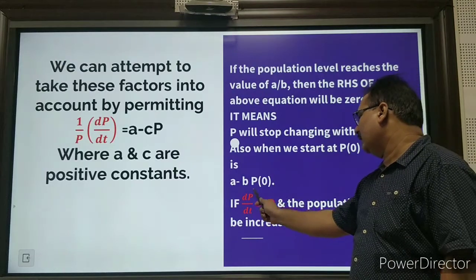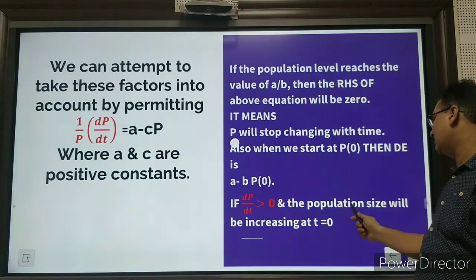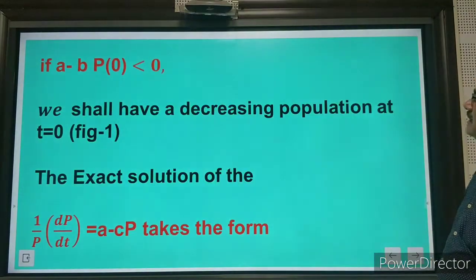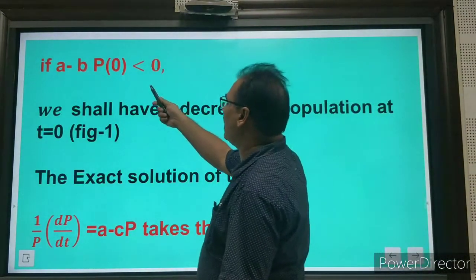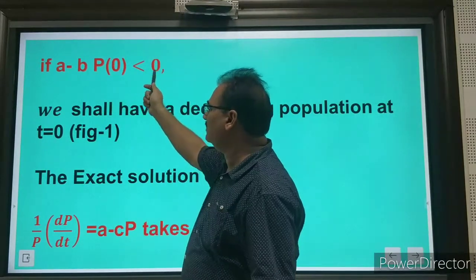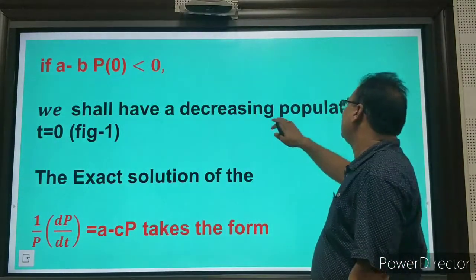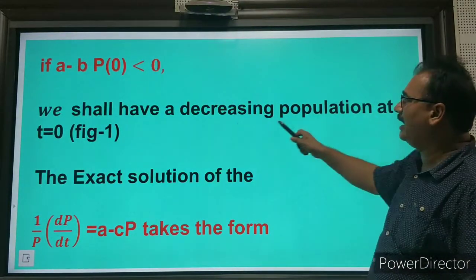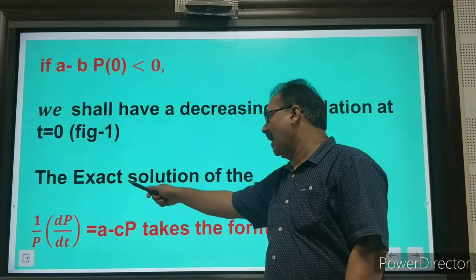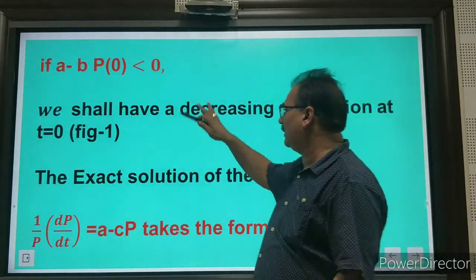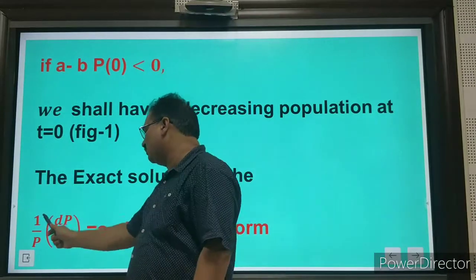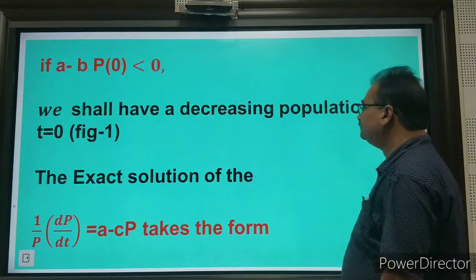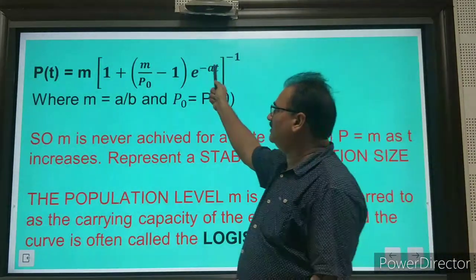Also, when we start at p naught, then the differential equation is a minus c times p naught. If this is greater than 0, the population size will be increasing at t is equal to 0. If a minus c p naught is less than 0, we shall have a decreasing population at t is equal to 0. And the exact solution of the above equation, 1 by p dp by dt is equal to a minus cp, takes the form